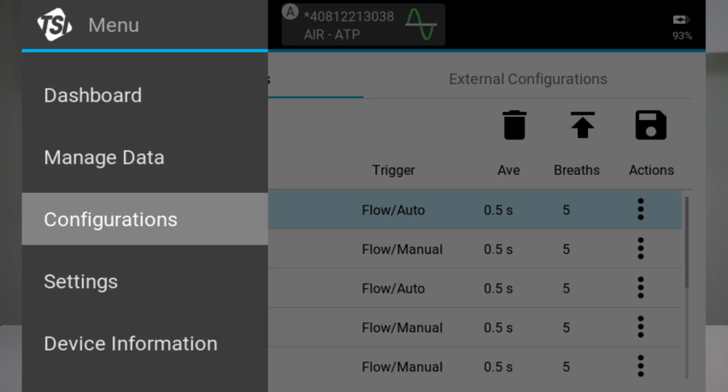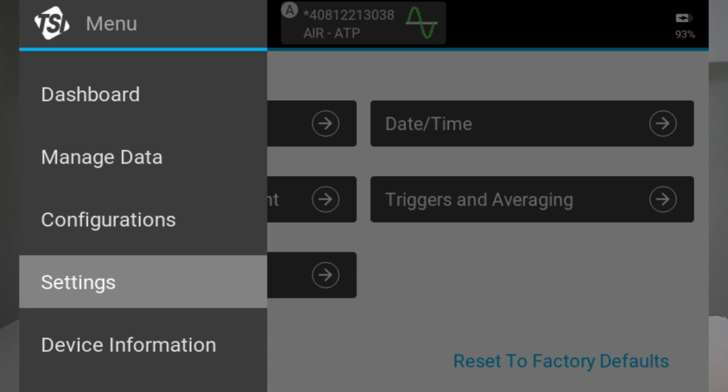The Configurations menu option is another way to access the configuration screen where you can save, load, import, export, and manage your certifier configuration files. The Settings menu option provides access to view and edit general instrument settings such as the date and time.